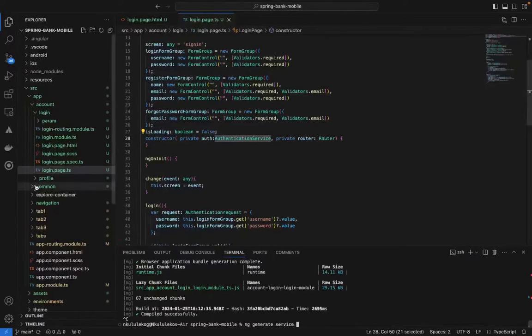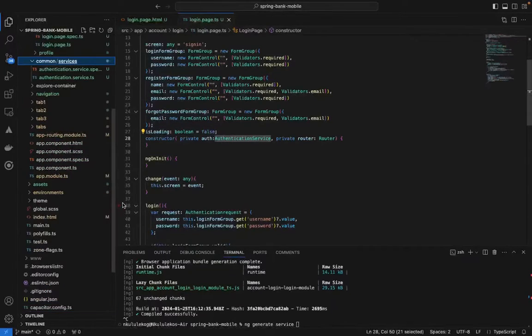Let's say the services, I put them in common, so common services. So I want this to go to common services, and then let's call this service authorization, just like that, and it will create a service for you